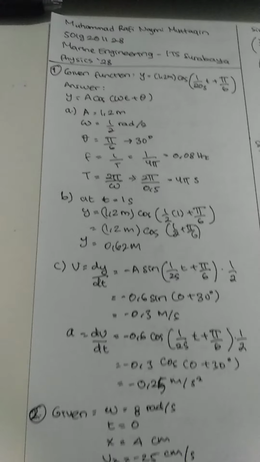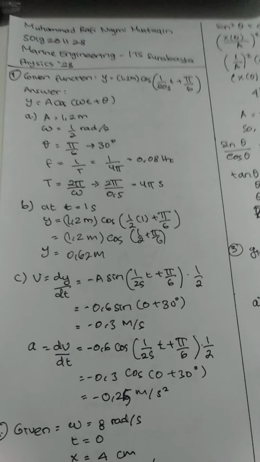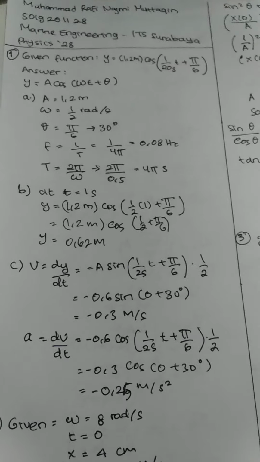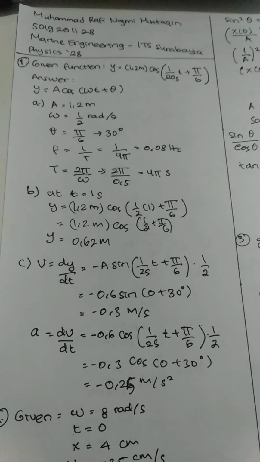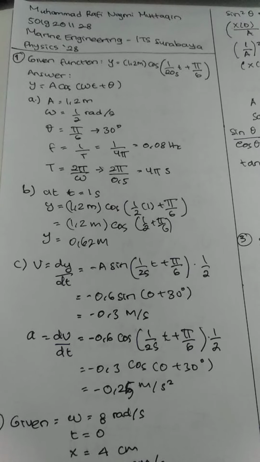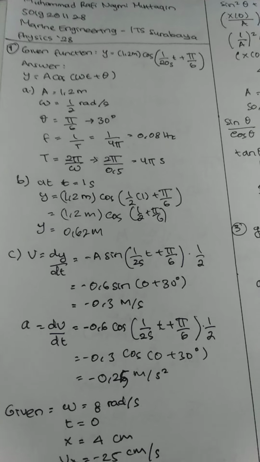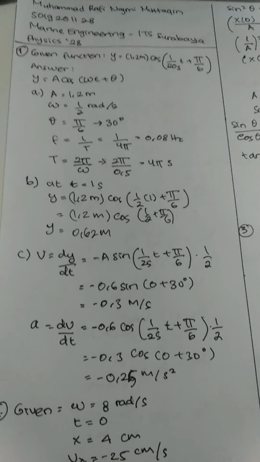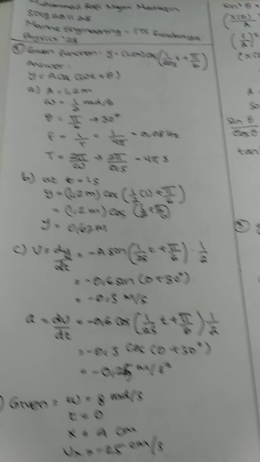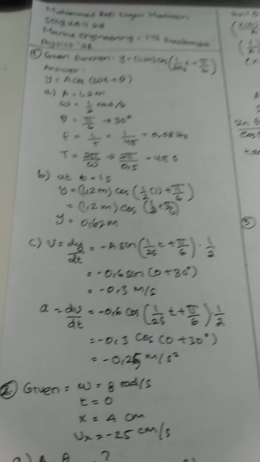Okay, so I will be answering the exercise on simple harmonic motion, from number 1 until 14. Number 1: given the function y equals 1.2 meter times cos of (1 per 20 second times t plus pi per 6). The answer,